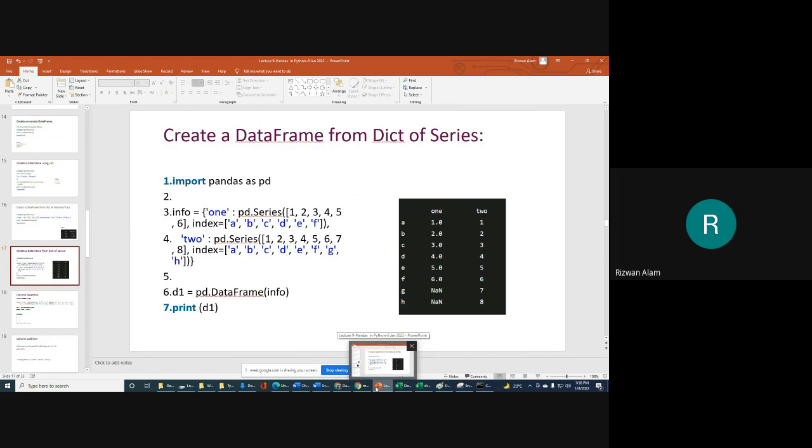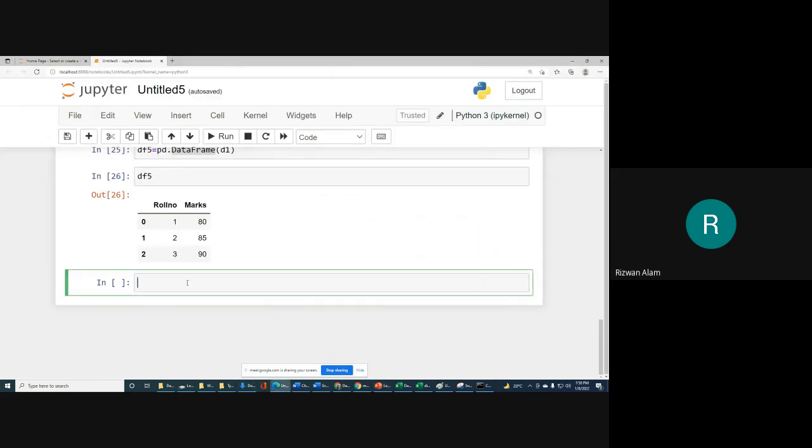So let me first create a dictionary of series. Series we will use, and for each series we will use a key. It will be in the form of a dictionary, and as we are going to use series for the values of that dictionary, we can say a dictionary of series. Let me show you how we can do this. For the dictionary of series we can write ds, and it will be simply a dictionary. So in simple words, we are going to create a dictionary first.